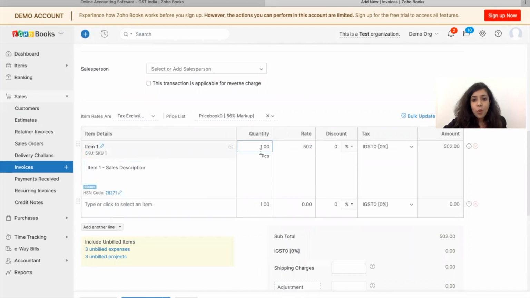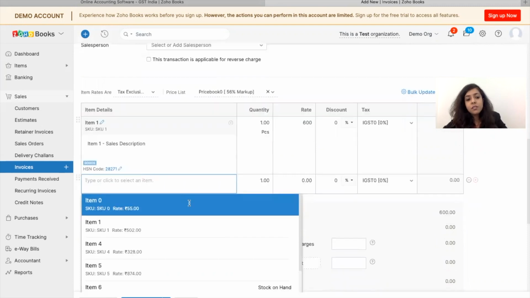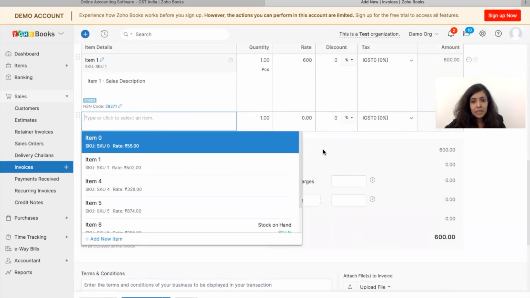I have selected one quantity, and I had defined the rate of the item while creating that item. However, to this particular customer, I offer a different rate. So in that case, can I go ahead and change the rate? Yes, you can absolutely change the rate. So in this case, let's say I choose 600 rupees. So accordingly, you will select the number of items this customer has bought one by one.